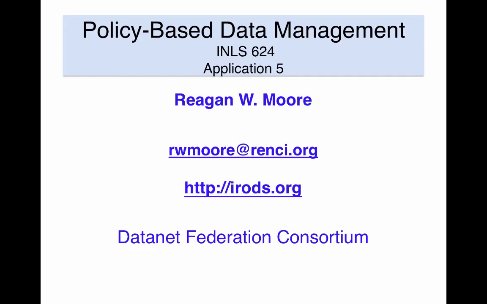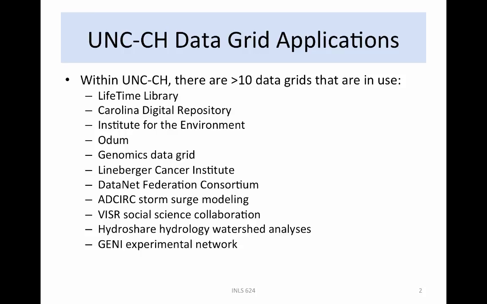The University of North Carolina at Chapel Hill uses policy-based data management to implement project collections, repositories, collaboration environments, archives, and processing pipelines. Within UNC, there are more than 10 data grids that are running in production. They include the School of Information and Library Science Lifetime Library for student digital collections, the Carolina Digital Repository for